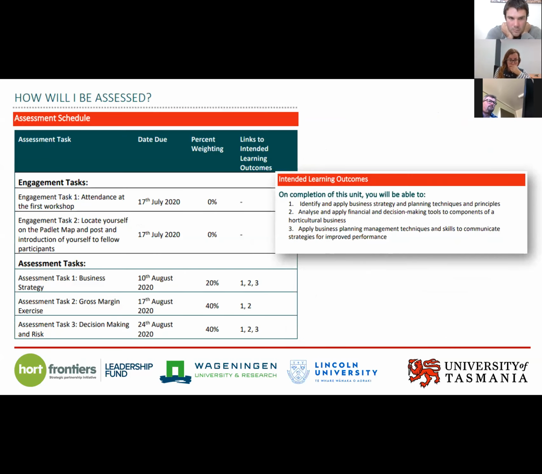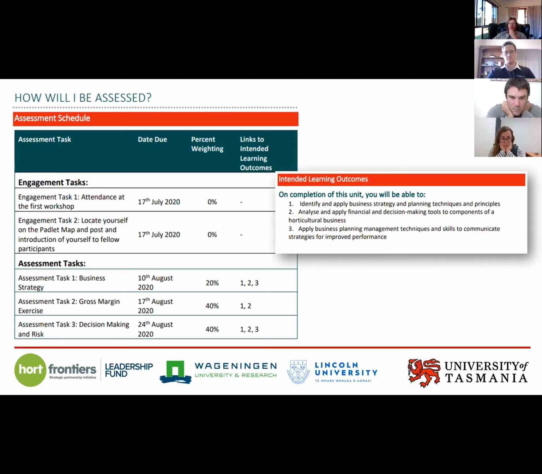Okay, so briefly just how you'll be assessed. For each module that you do, there's a document called a unit outline, and the unit outline basically tells you what's in the unit, and also gives you the assessments that will be used in that unit as well. So we basically start with intended learning outcomes. This is basically telling you what you should know and understand, if we've done our jobs properly, by the time you finish that module.